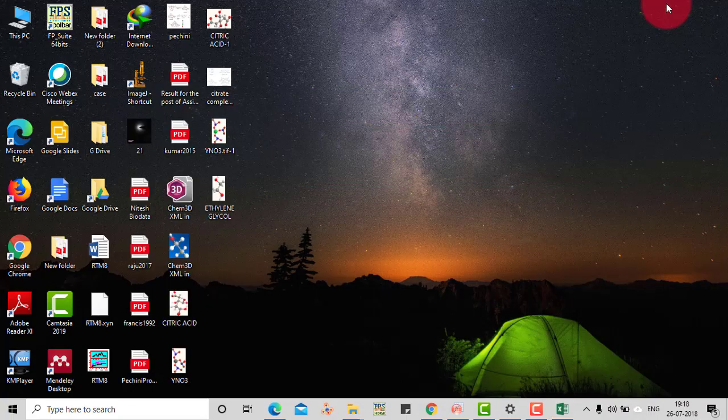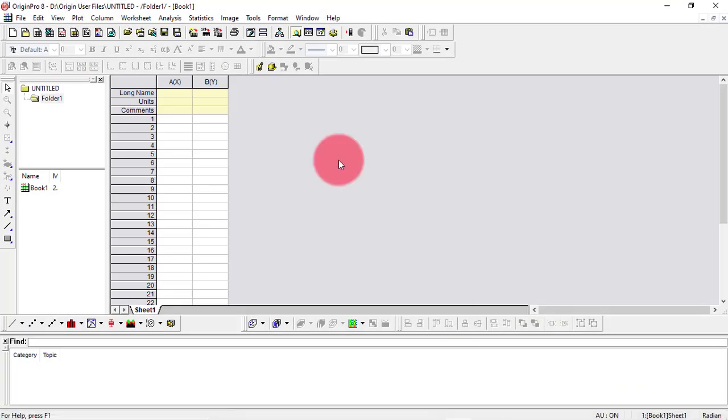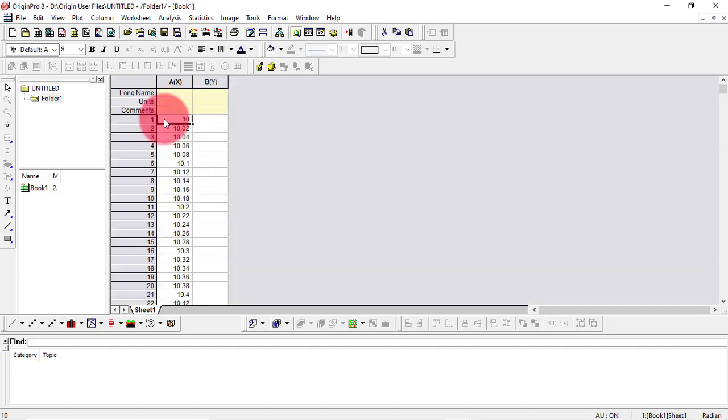I'm going to minimize this and then get back to my worksheet and click the X parameter, and now I will press Ctrl V to paste my X parameter into the workbook.